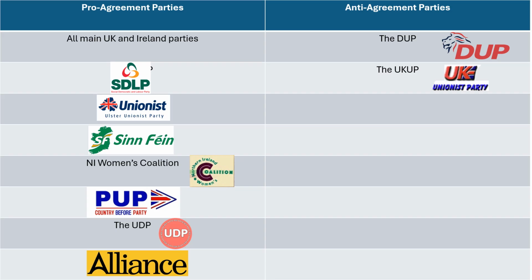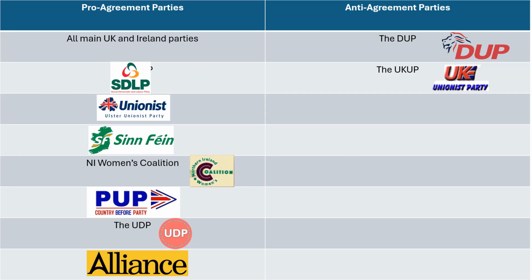In Northern Ireland, you can see the list of all the parties that supported it. So you have the SDLP, of course, because they were one of the chief architects, they signed the agreement, the biggest nationalist party. The Ulster Unionist Party, of course, agreed to it. Although they were divided on it, officially the party accepted it, as did its leader, David Trimble, who had to sign it. Sinn Féin then, of course, are behind this agreement, as we've talked about earlier on.